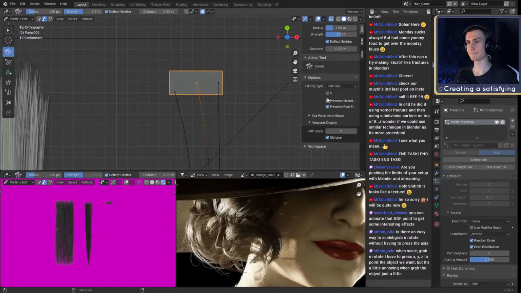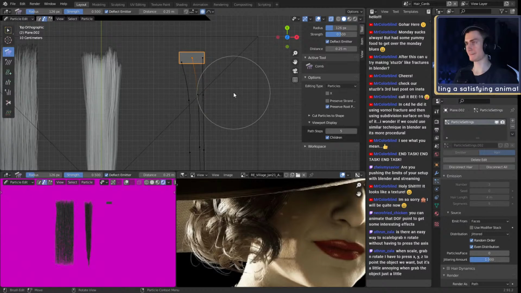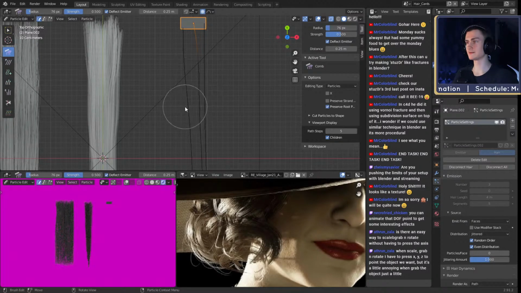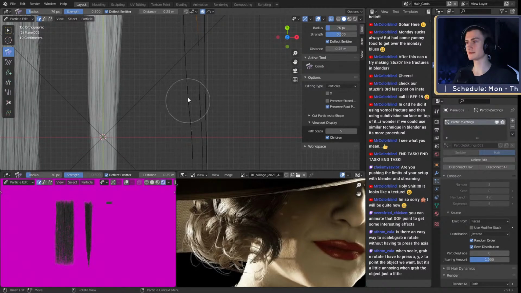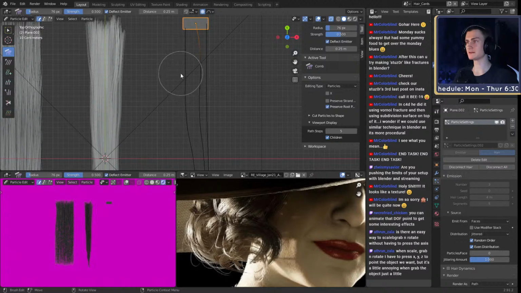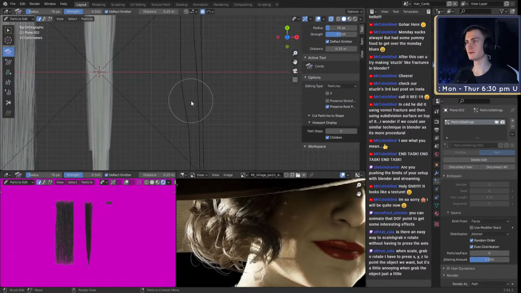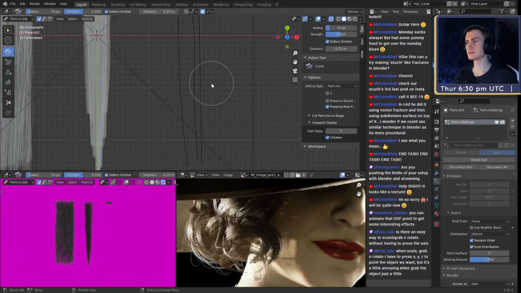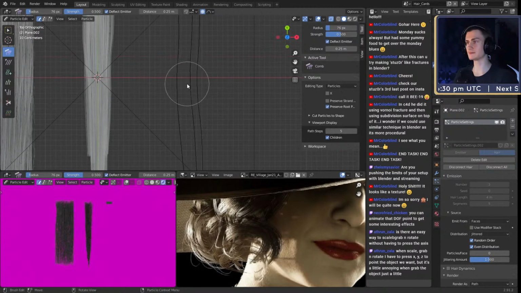Okay. Now we can adjust them some more. Perfect. They shouldn't necessarily have a flow. They shouldn't be the same, like going in the same direction.